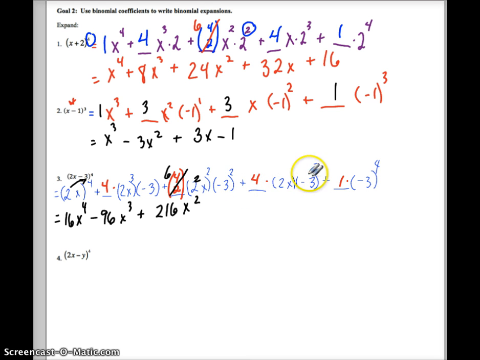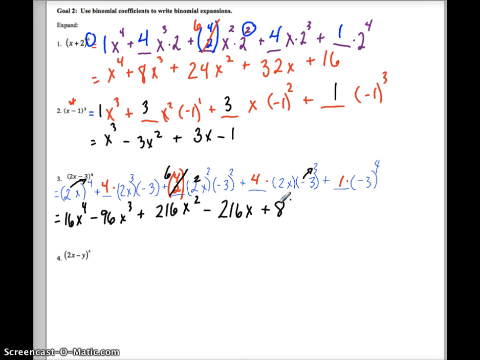The next term, we have a negative to an odd power, so I know this is going to be negative. Negative 3 to the 3rd power is negative 27 times 2 times 4 is negative 216 x to the 1st. Then finally, our last term is a negative raised to an even power, so plus 3 to the 4th power,